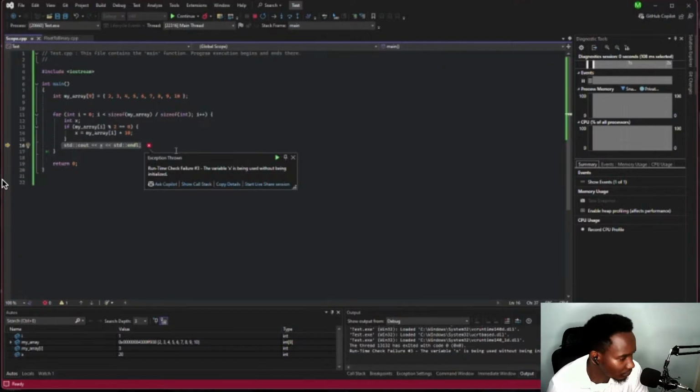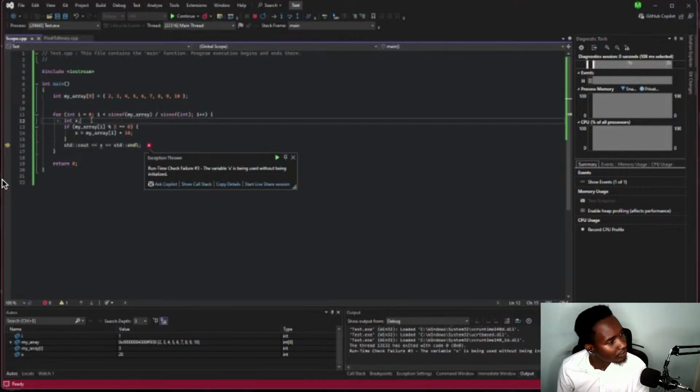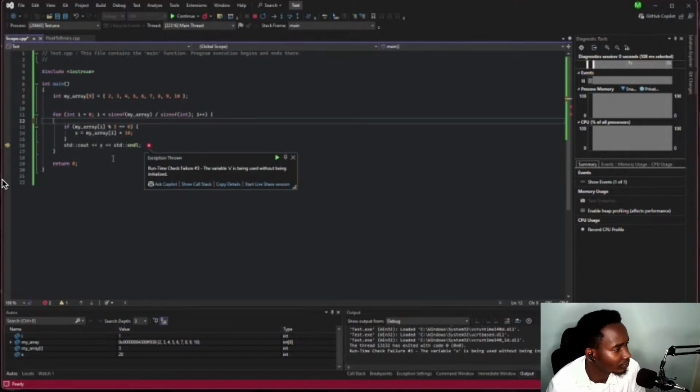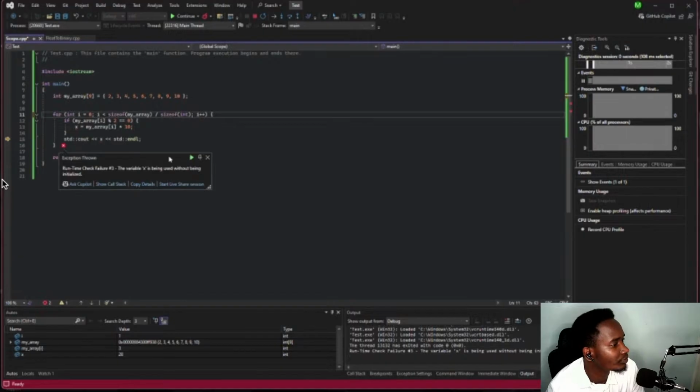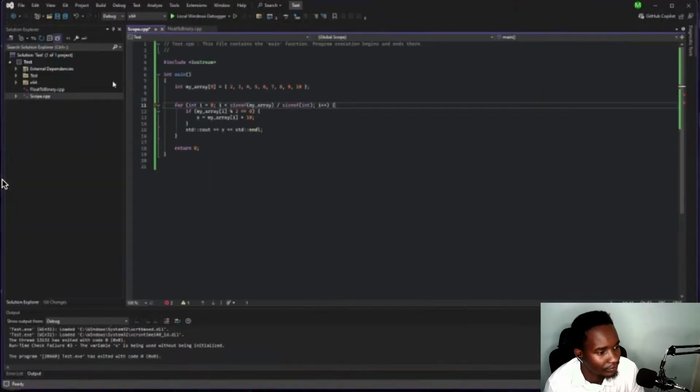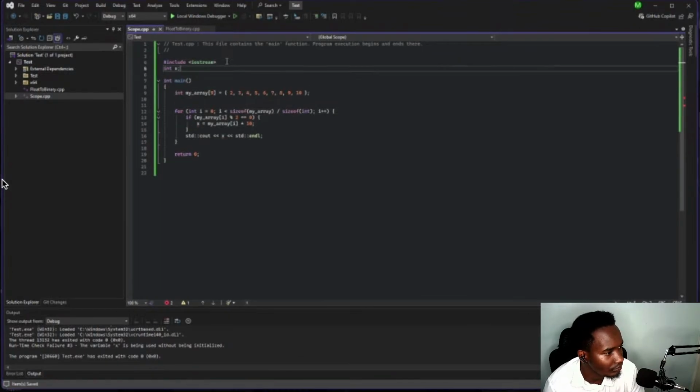So this is the great thing about the low-level languages, that as we compile or even as we debug, it will raise an error immediately based on whether we have a value assigned to it or not. Now this is something that we need to be careful of. So going back to the question earlier, if we had this x even in the global scope, where it is accessible everywhere,